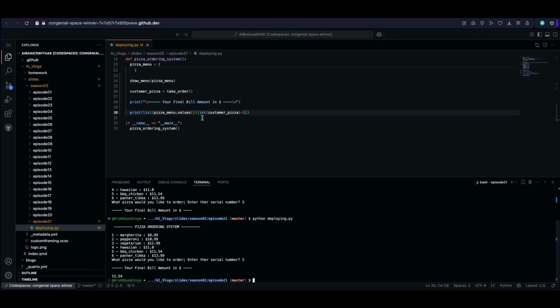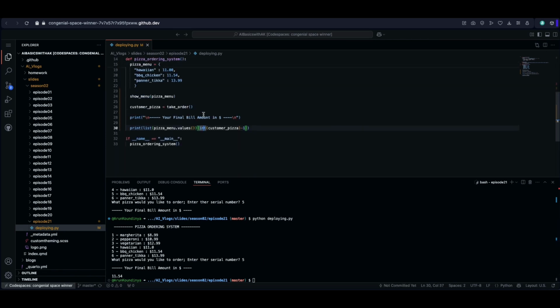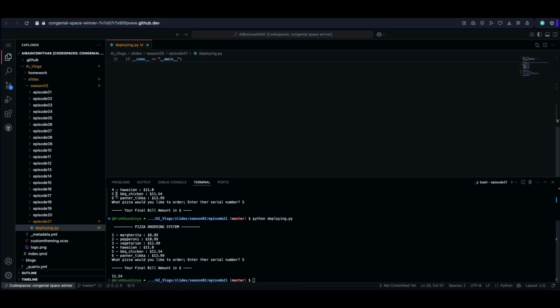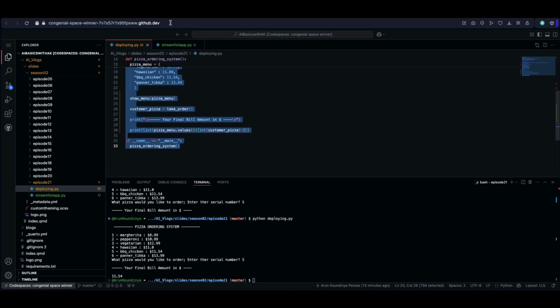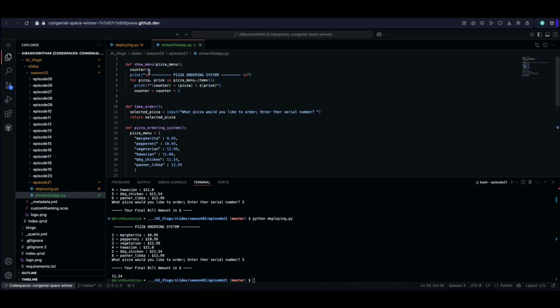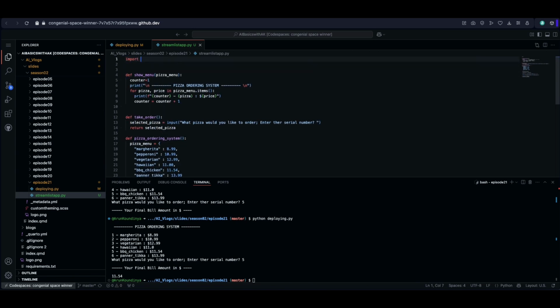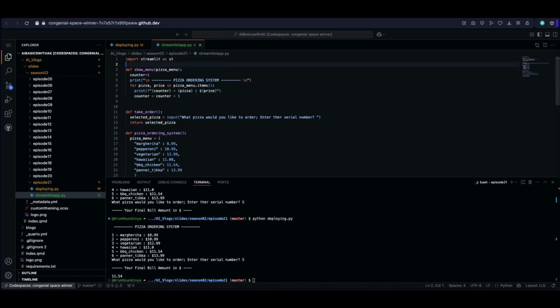Now what we'll do is take the same code and create a simple Streamlit app.py. We'll just copy the same code that we have developed here to here, but however we have to import streamlit here. That's it. So it's not streamlist, it is streamlit. Streamlit is not discovered because that